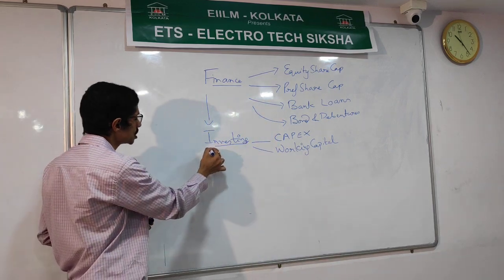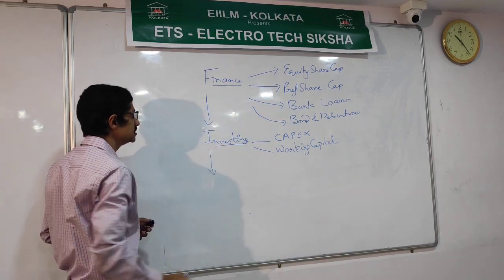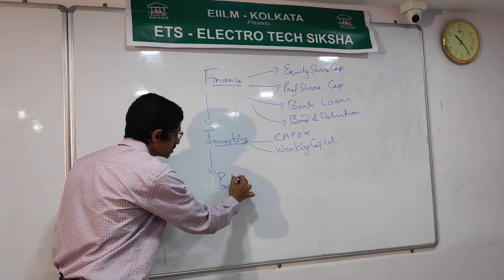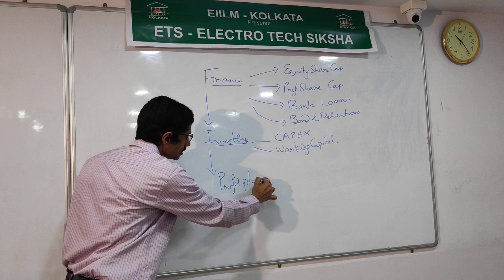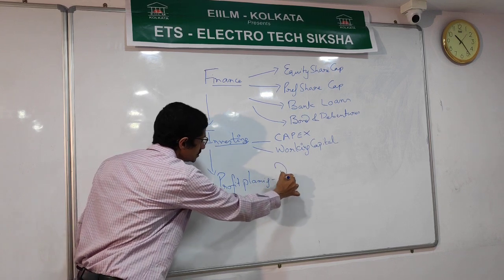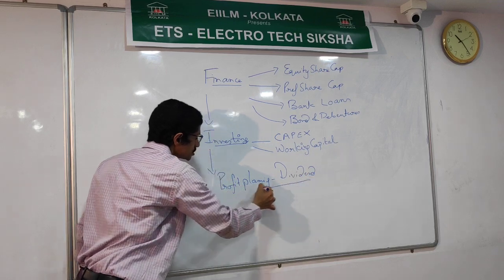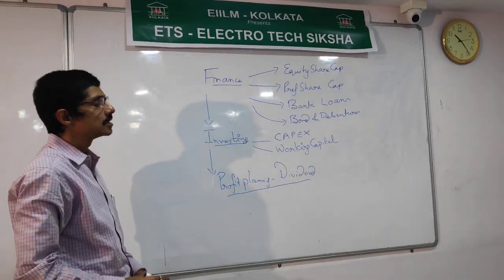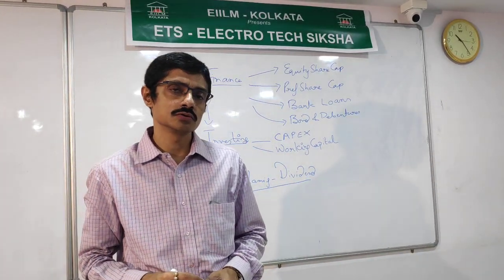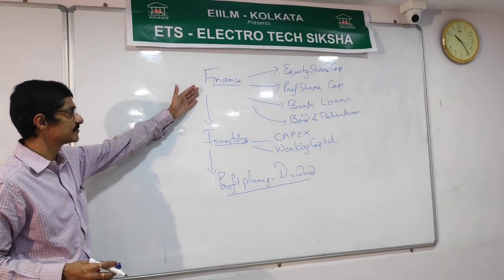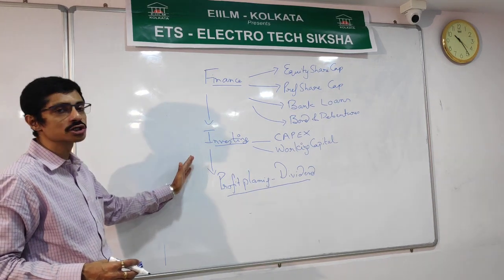And the third function of the finance manager is profit planning, because he has to earn the profit and give dividend to the equity and the preference shareholders. Now, what does financial management attain through these functions of the finance manager, that is financing function, investing function, and